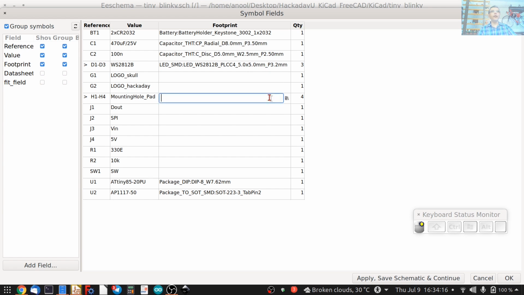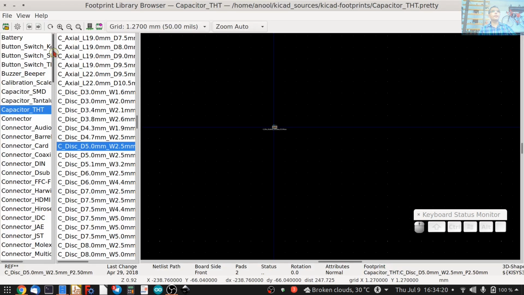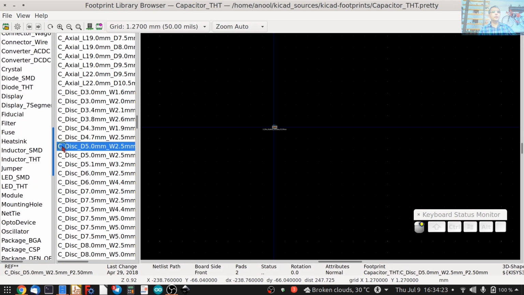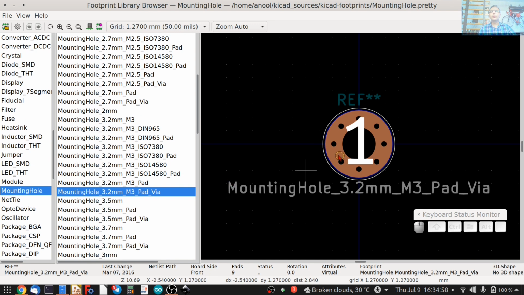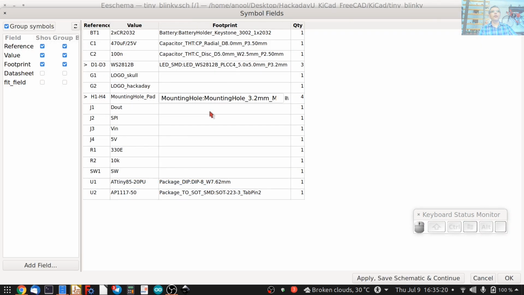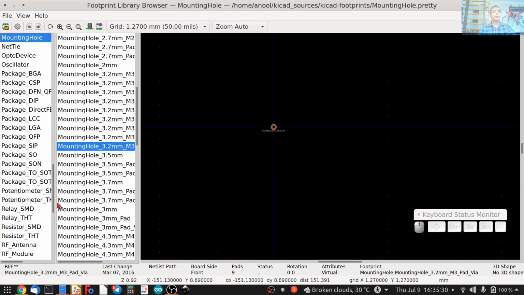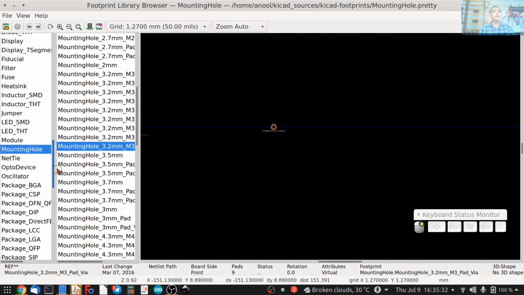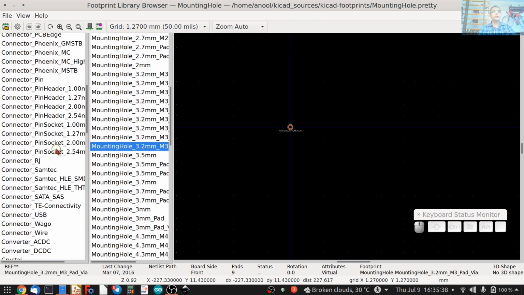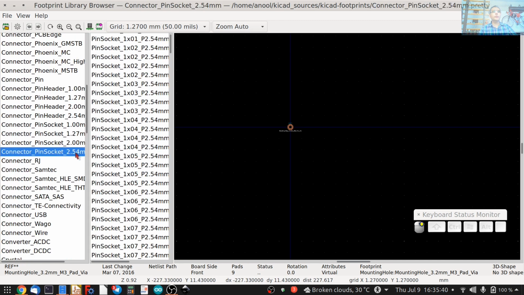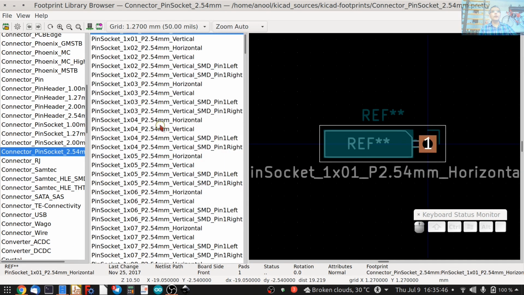Mounting holes, again, go to browse. There should be a library called mounting holes. A 3 mm mounting hole with wires in it. Let's use this. Click on this. The D out is a 3-pin socket. So let's look at connector pin socket in 0.1 inch pitch, and we need a vertical one.